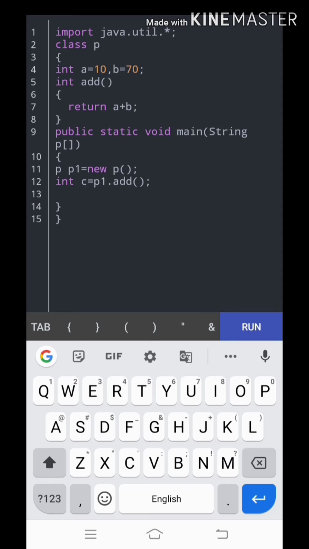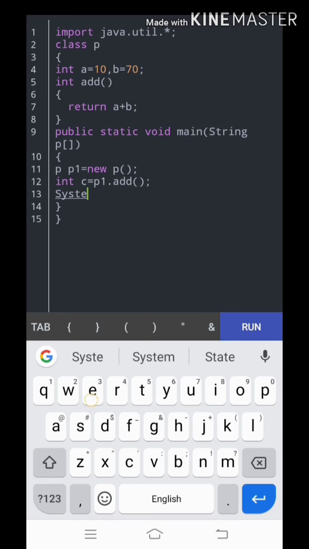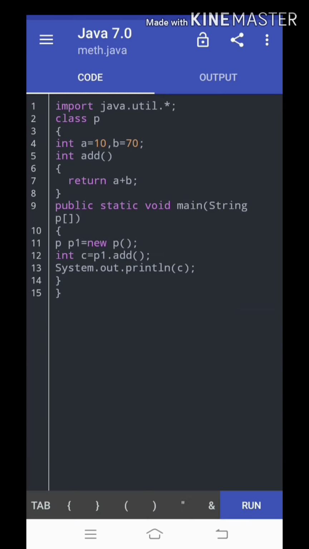For printing, System.out.println, I am going to print c. So in the output section, the value the add function is holding will be printed. When we run this program, let's check the output we will get.